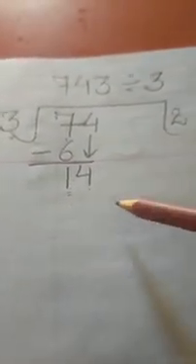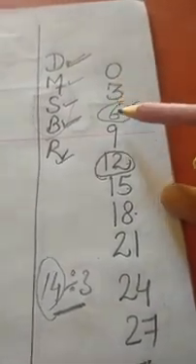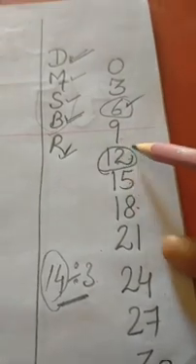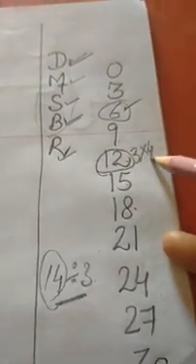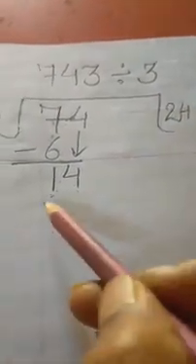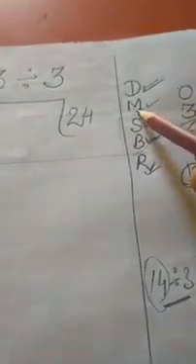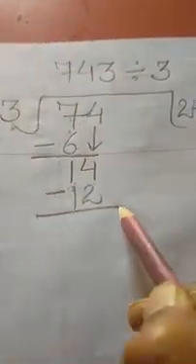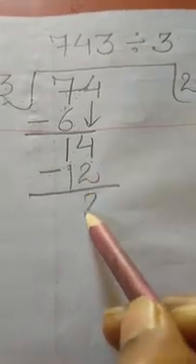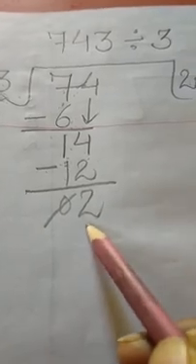Now you can see here is 12. 3 zeros the 0, 3 ones the 3, 3 twos the 6, 3 threes the 9, and multiplication is 3 fours the 12. So here we will do multiplication, 3 fours the 12. Then next step, after multiplication, is subtract. We will do subtraction. You can see here 4 minus 2, 2 will be there, 1 minus 1, 0 is there. 0 doesn't matter for us, means only 2 is here.